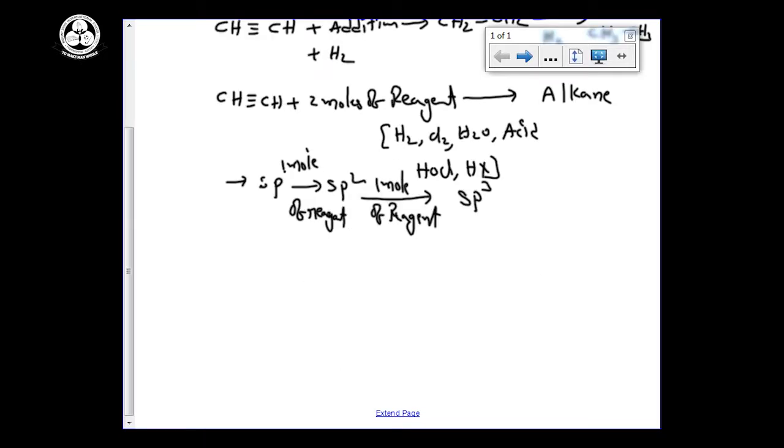So finally, in addition reactions of alkynes, sp carbon changes into sp2 and sp2 carbon into sp3 carbon. Generally, alkenes can undergo electrophilic addition as well as nucleophilic addition. But for alkenes we observe only electrophilic addition, but alkynes can undergo